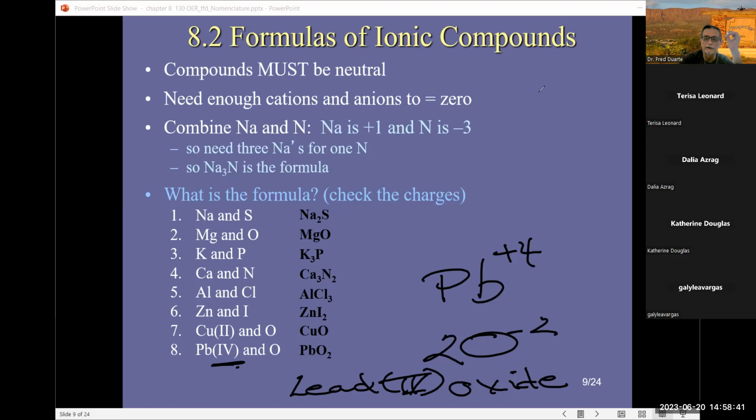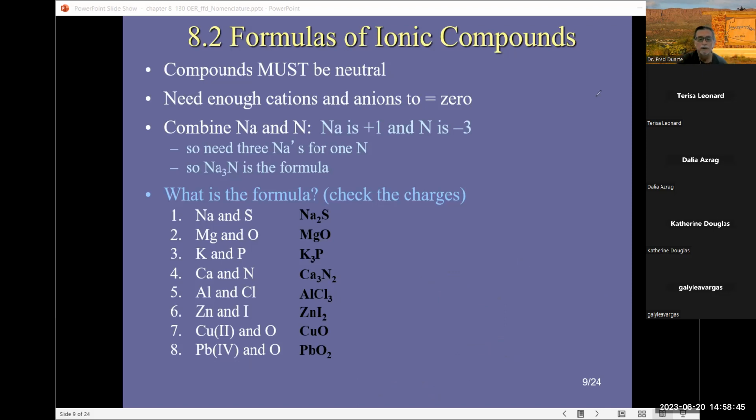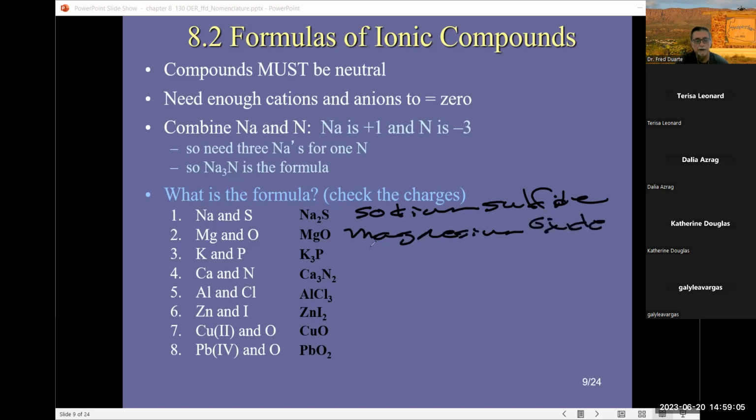Okay, so let's go through all of them. We got the top one, which is sodium sulfide. Okay, and we have MgO, which is magnesium oxide. Then we have potassium phosphide. See the trend here where we got the sulfide, the oxide, the phosphide. We're dealing with the elements, the single elements all by themselves. Then we have calcium nitride,